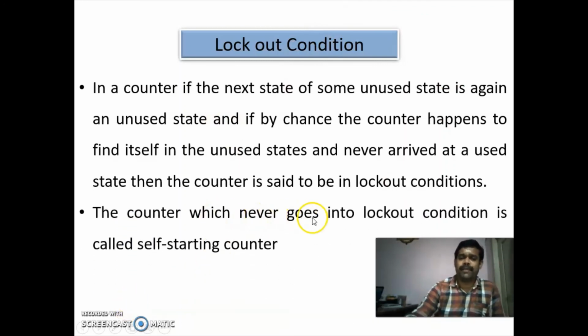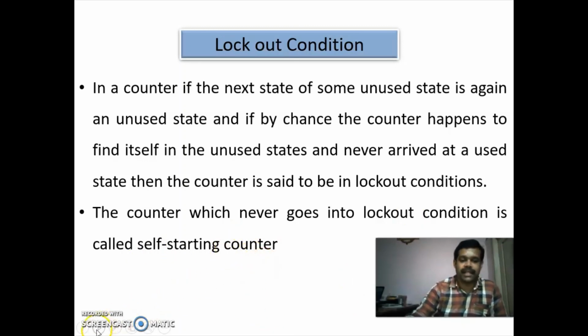The counter which never goes into lockout condition is called self-starting counter. What is self-starting counter? The counter which is not going to a lockout condition is called self-starting counter. So what is lockout condition? In a counter, if the next state of an unused state is again an unused state, and if the counter goes to that unused state and it is not returning to the used state, and it is staying there, then such a condition is called a lockout condition. And the circuit which is not going to the lockout condition is called